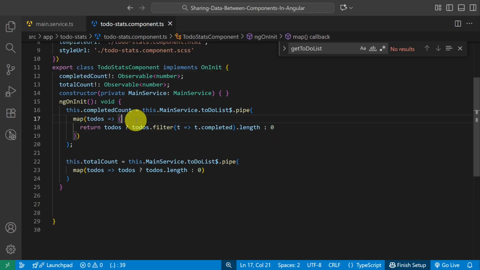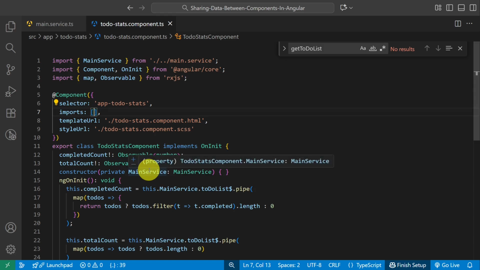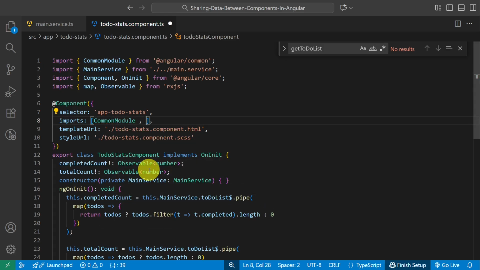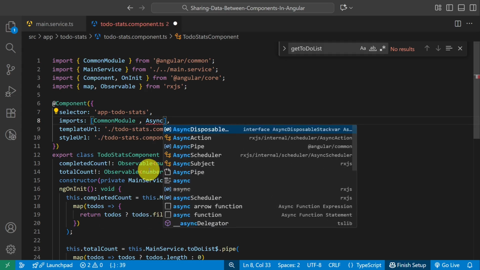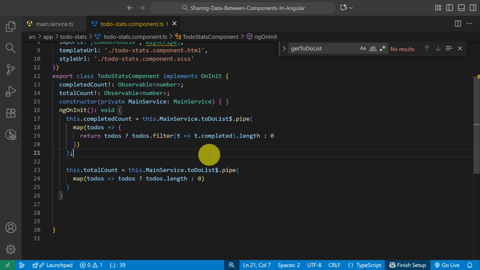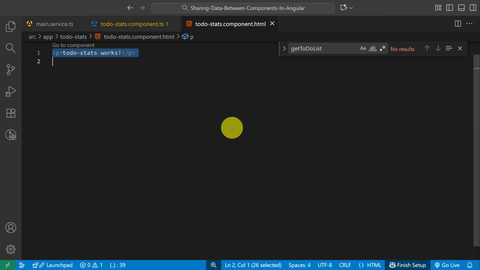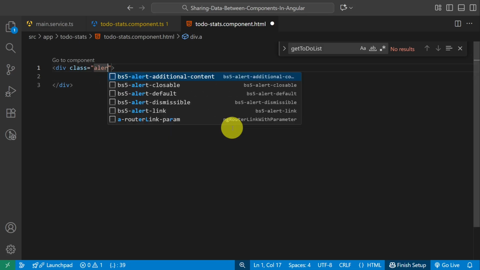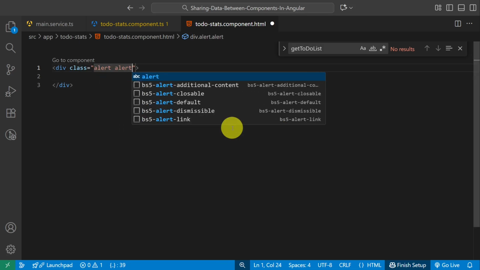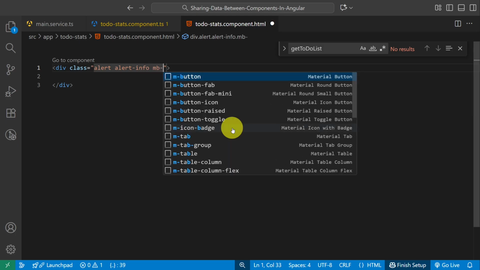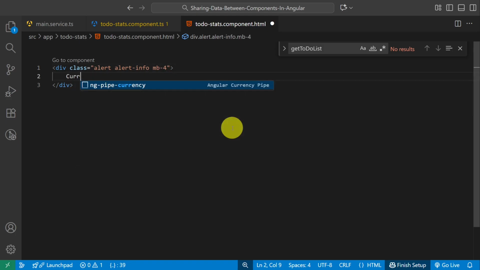Great. Now in the template, I write CommonModule and async pipe. Now in our todo-stats template, I just use the alert class from Bootstrap to display some text.